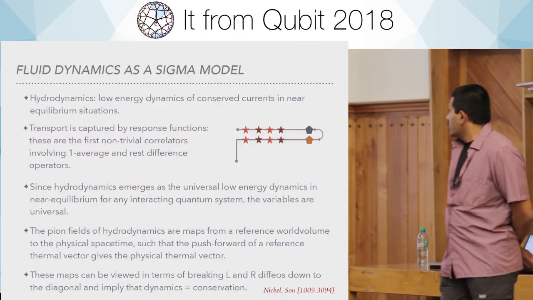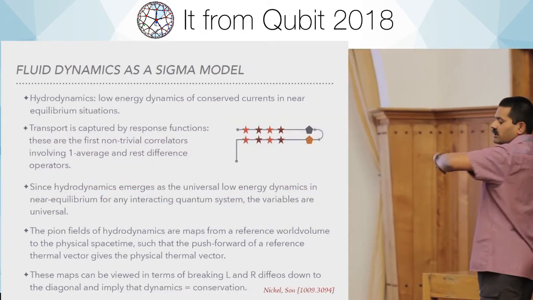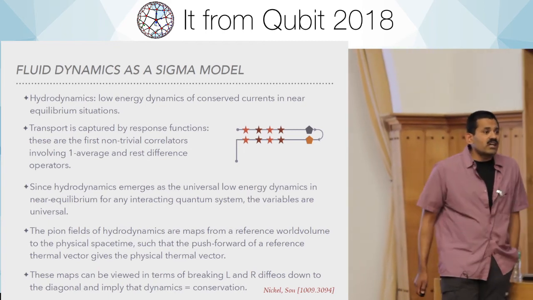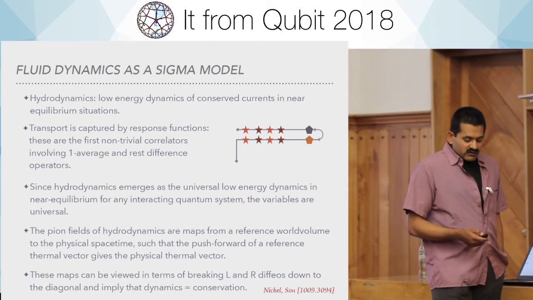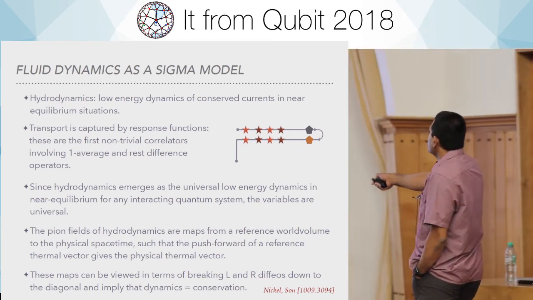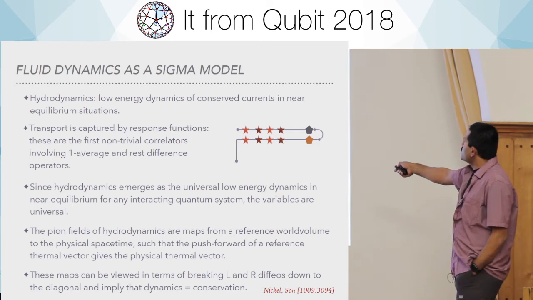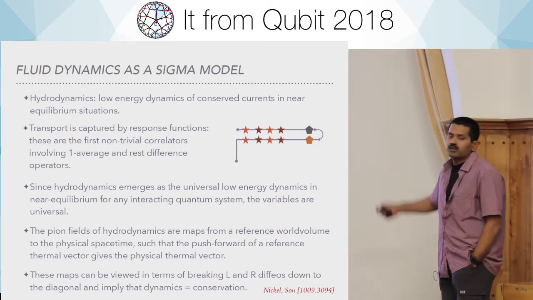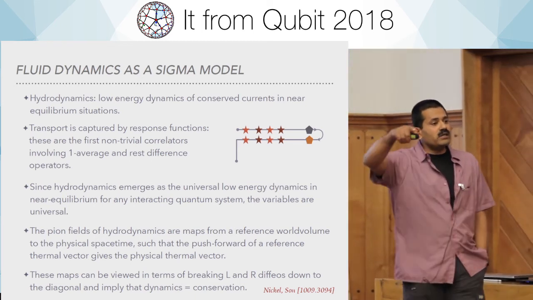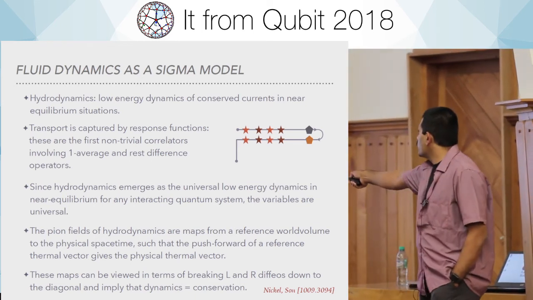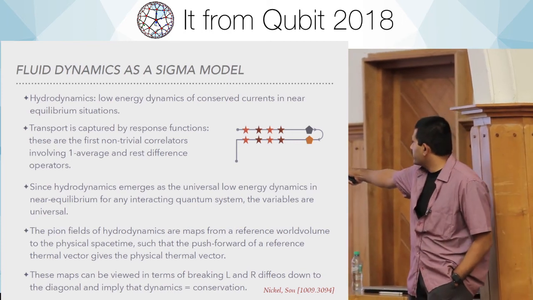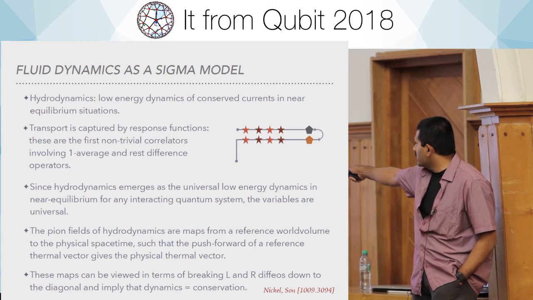Okay. So now I can tell you a little bit about hydrodynamics itself. So why is this structure relevant to hydrodynamics? See, the response functions that one monitors in hydrodynamics are the following. You take the Schwinger-Keldysh contour and you turn on sources, but you turn on the same sources for a long time. And then, once you've done that, you finally go to the system and measure one average operator. Okay? So I've indicated this by saying that this color is different from this color, just saying that out here,